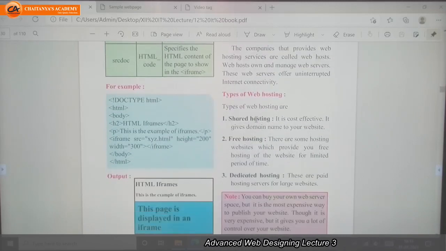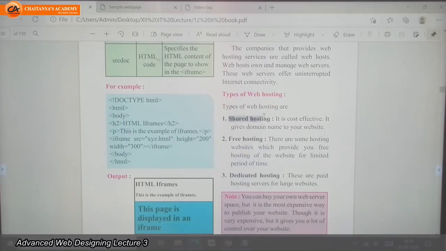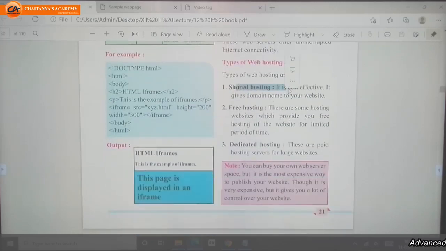These web hosts, or web hosting, are of 3 types: shared hosting, free hosting, and dedicated hosting. For shared hosting and dedicated hosting, we need some money, but shared hosting is cost effective, meaning they are sharing the money.